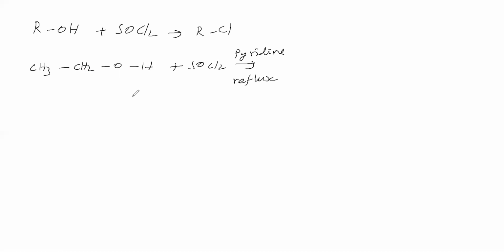This alcohol part we will take. Thionyl chloride reacts with this: here one chlorine, here one chlorine, here SO. Therefore this becomes Cl, so we will get CH3CH2Cl. Then SO2 and HCl. HCl is a vapor which goes away. SO2 is a vapor which goes away. So we got chloride.